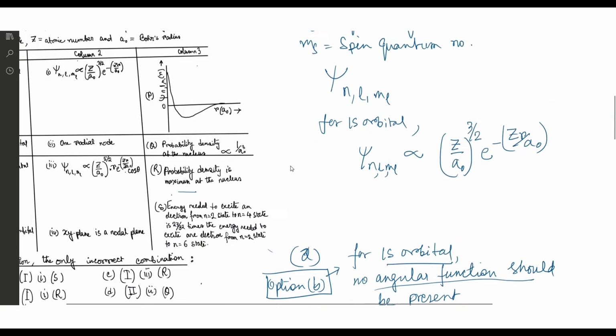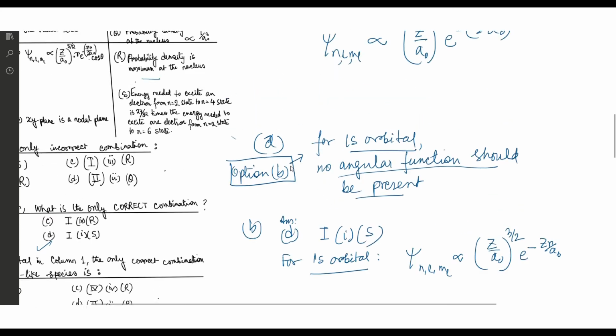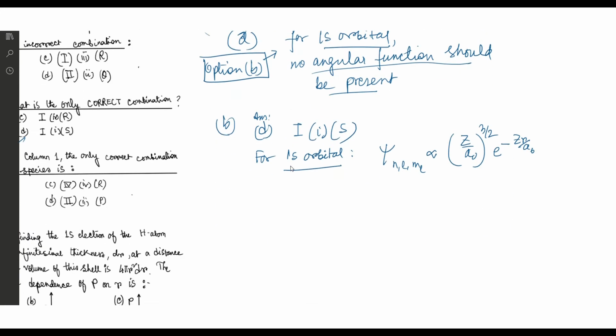We know the relation here. We have already written psi NLML directly proportional to (Z by A0) to the power 3 by 2 e to the power minus ZR by A0. Therefore, energy needed to excite an electron from